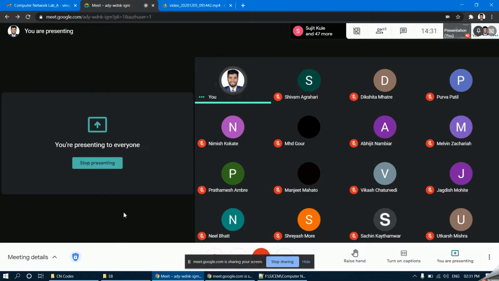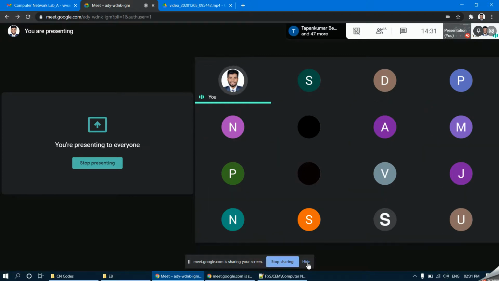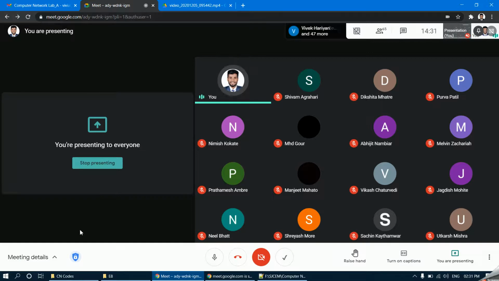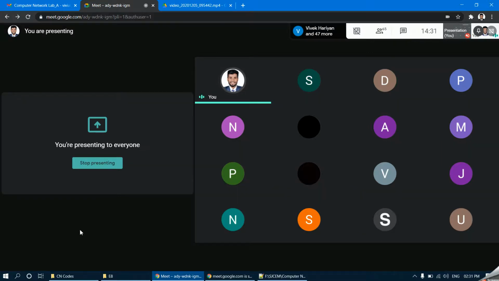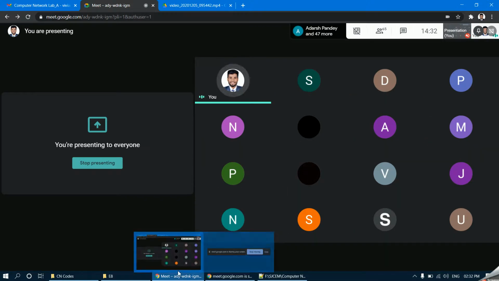Is that clear? Now I'll be showing you the video of the process of execution. Do not worry, the setup for NS2 for your PCs in Ubuntu, its link also I will provide in your TCOM's WhatsApp group. So there is a video of 4 minutes that I will be showing to you all on how to execute this particular code in NS2.